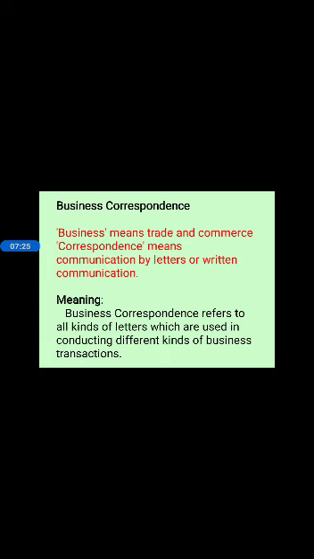Okay, again, any communication with government and other parties is necessary to conduct business activities, right? So here all kinds of letters used to conduct any of the business activity is called business correspondence. Okay, next,